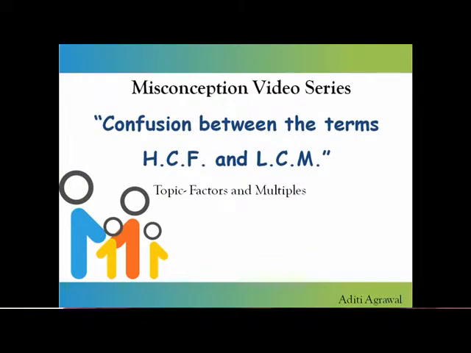This particular video focuses on the learning difficulties faced by the students while learning highest common factors and lowest common multiples. One of the most common mistakes that students make here is that they get confused between HCF and LCM. These students are aware of how to find HCF and LCM in the procedural fashion, but they are not clear on these concepts and therefore tend to find the HCF when asked to find LCM and vice versa. Let us see some examples of this misconception.